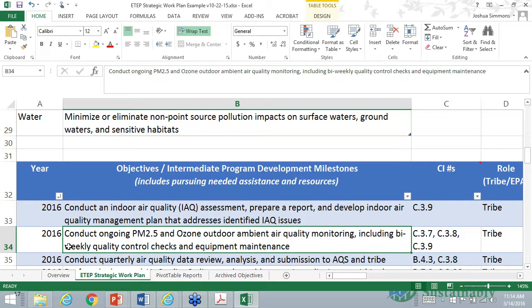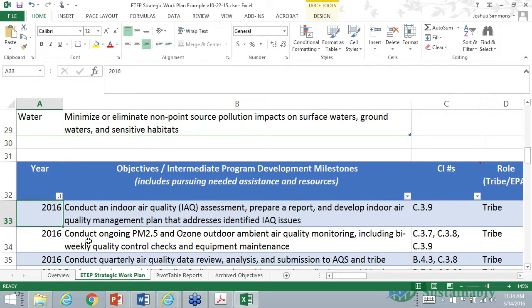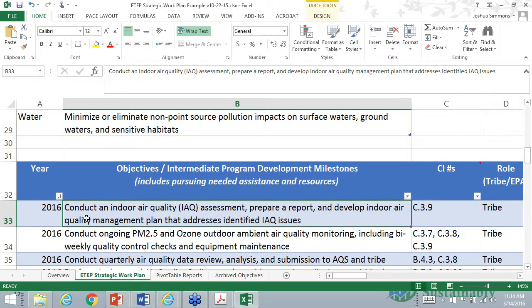So you'll see this same exact objective listed for 2017 as well, because you want to keep track of the fact that you're going to need to utilize staffing and funding resources to maintain this particular objective. This is an activity that takes a significant amount of time, so you want to account for it every year that you're doing it. Going back to line number 33, your indoor air quality assessment,